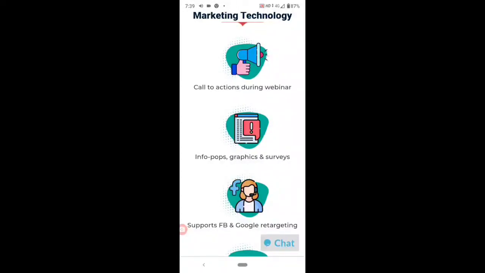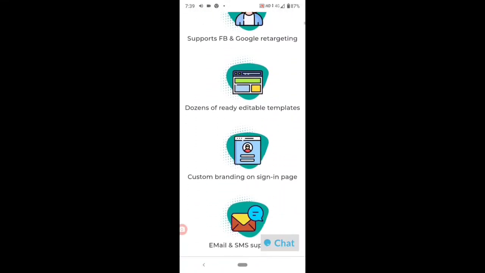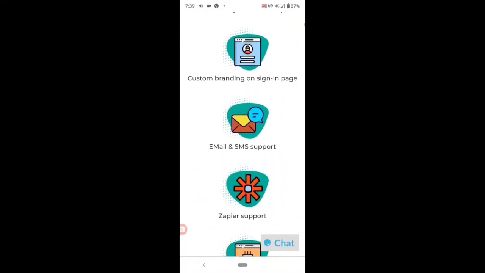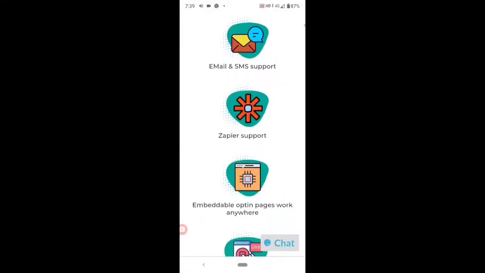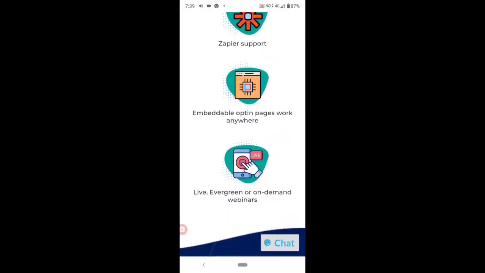Integrate with all the top autoresponders to take your webinar leads into a CRM system. Integrate with Facebook Pixel, Google Pixel, Google Analytics, or any other analytics system.